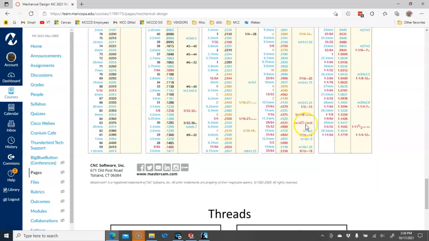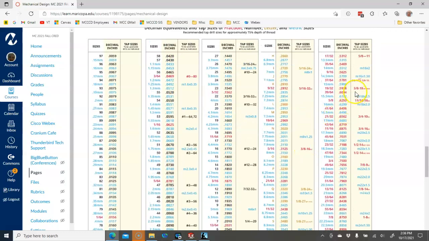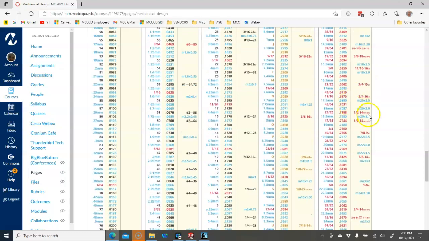And then the quarter 18, and then the metric sizes. We get up to the 3/8 NPT in size, and then the 1/2 inch NPT, and much above that you're probably not going to drive that